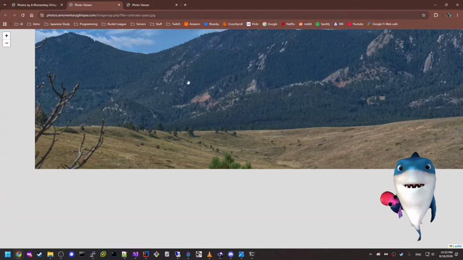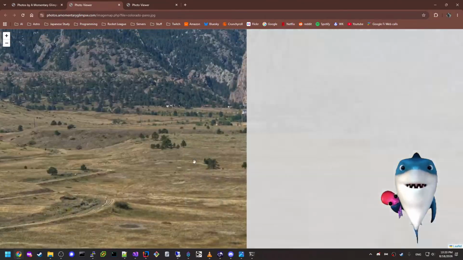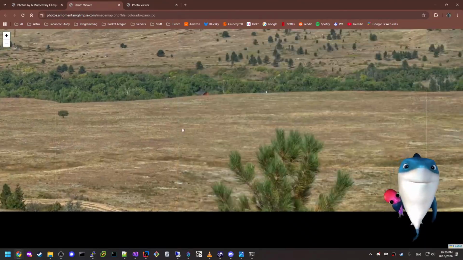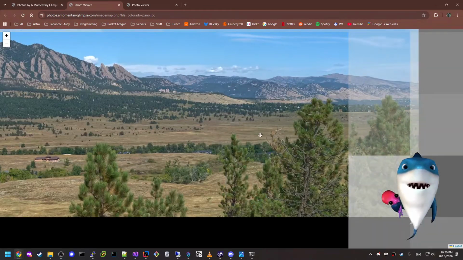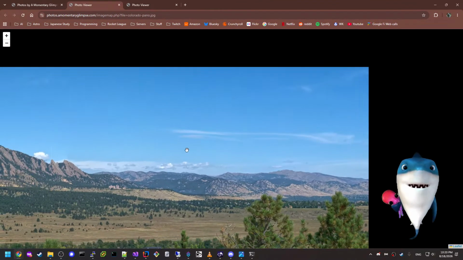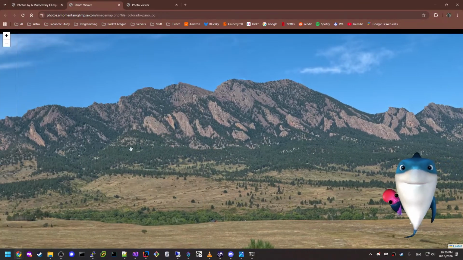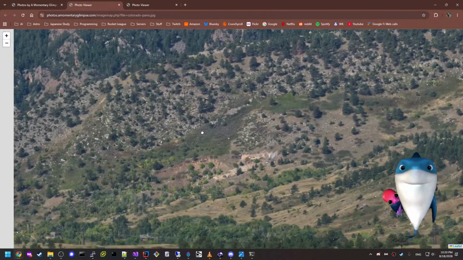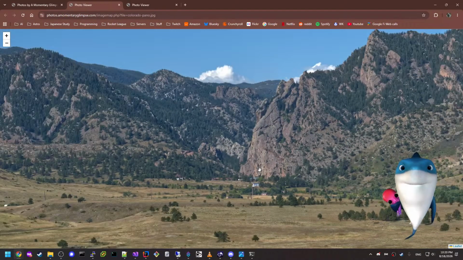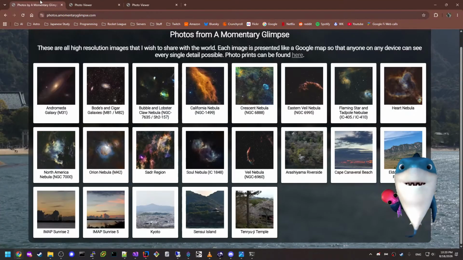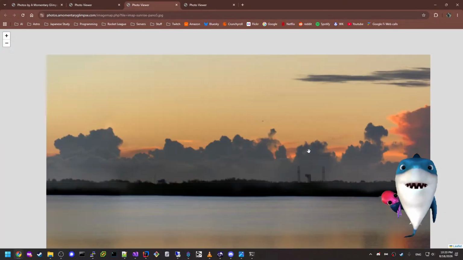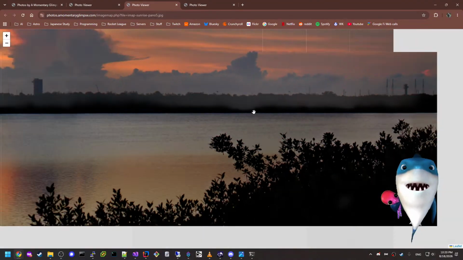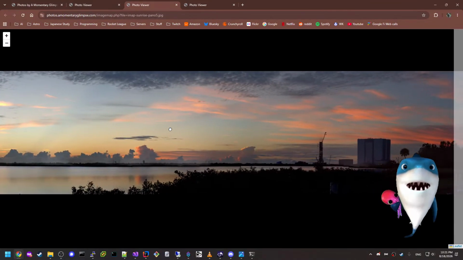Yeah, we see this is loading much faster now that we've got tiles. This one generated? I think it is. Yeah, so if you ever wanted to see Cape Canaveral,